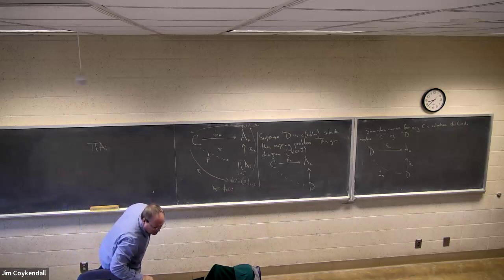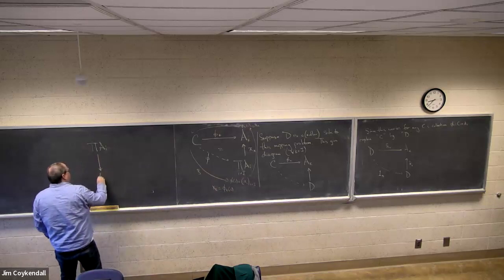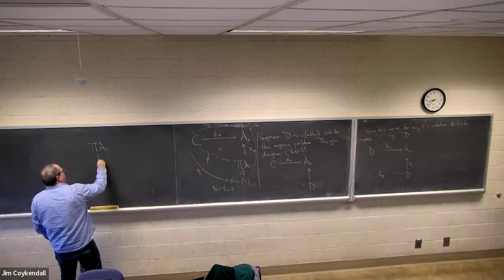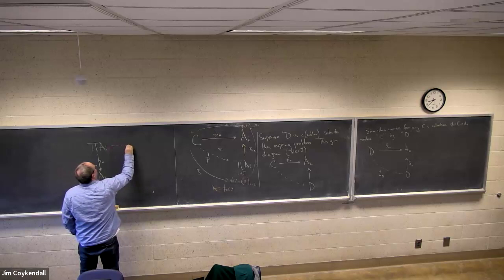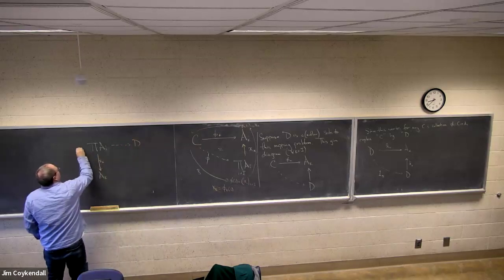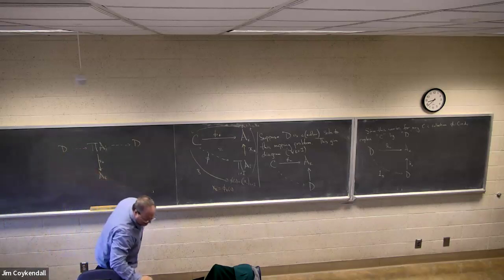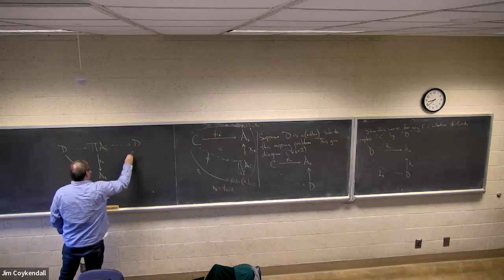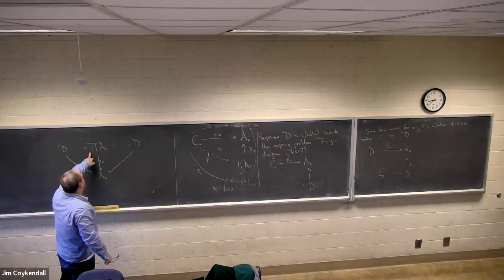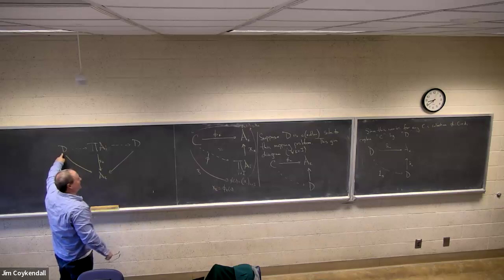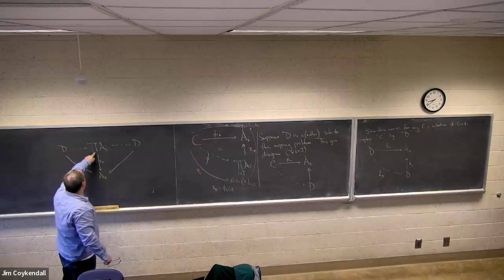Now, I'm gonna draw this diagram here, and maybe try to tell you where it came from. We have projection maps into AI, and these are the projection maps from D here. So basically what we have is, now C is being played here by this, and then D is being played here, right? The role of C is being played by D, right? And this map goes into the direct product, right? Call it